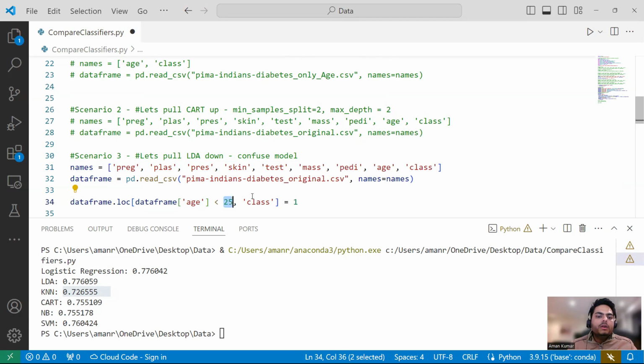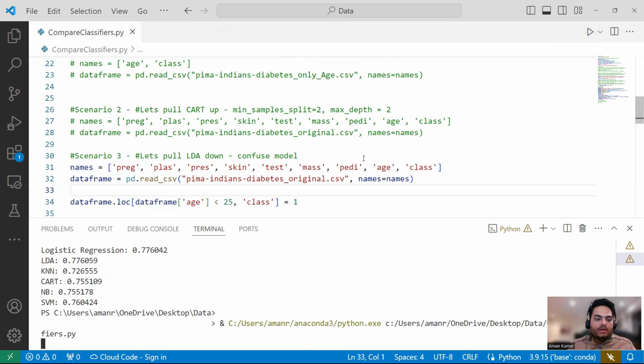So if I make all the entries having diabetes, then obviously I'm going away from the normal pattern and LDA will get confused with this new introduction of bias. So I'm introducing bias in the data. Let me run this and I expect LDA performance to come down with this bias. Okay. So let's see what happens.